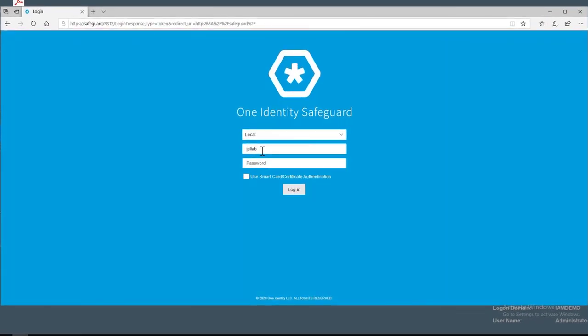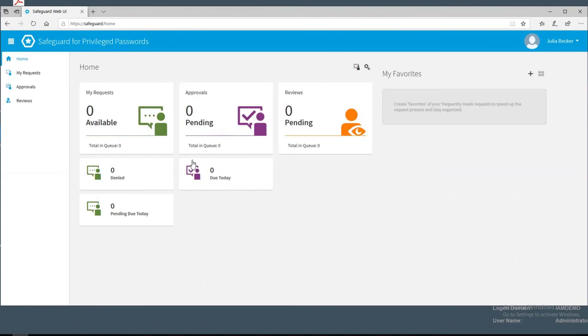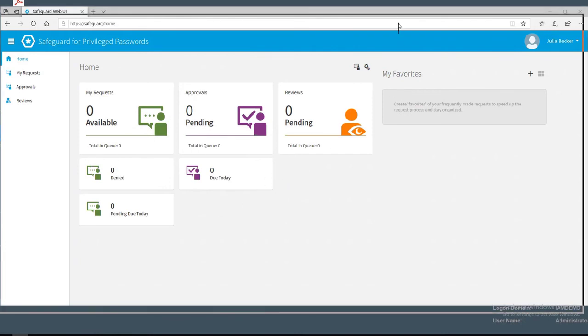You remember Julia Becker, and when she logs on to the web portal of Safeguard, as you can see, there's no available request or approvals or anything. It's absolutely empty on her page here. Now